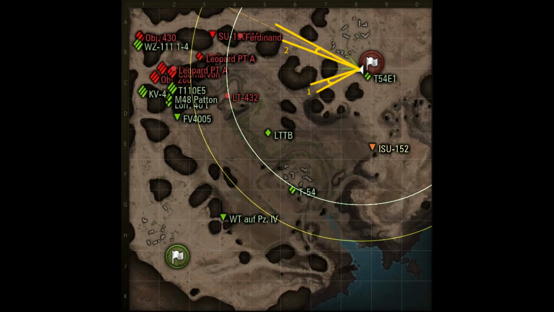Taking a look at my vision cones, I have vision on two of the three approach routes the enemy could take to defend their base. The first being the southwestern ramp as indicated by vision cone 1, with my friendly LTTB also having a clear line of sight on this ramp, and the second being the western ramp as indicated by vision cone 2. However, as shown by the red arrow, I do not have vision on the third approach route,